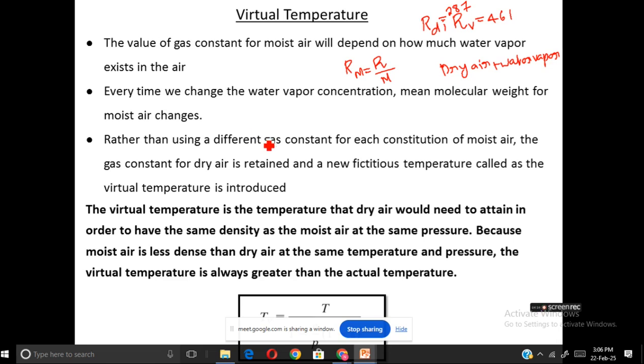Suppose we have a dry air parcel and a moist air parcel, and these two are at the same pressure and temperature. This is dry and this is moist. So basically the dry air parcel will have